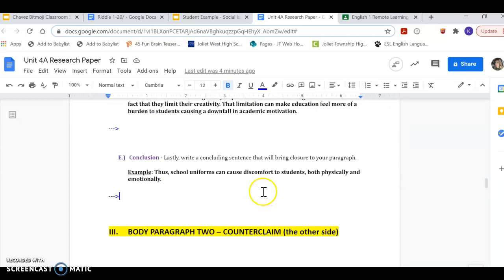And letter E is just your concluding sentence. You're just restating what your paragraph was about. My example is, thus, school uniforms can cause discomfort to students both physically and emotionally. And you are typing your response again next